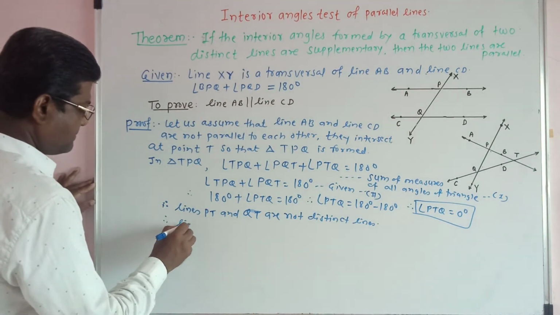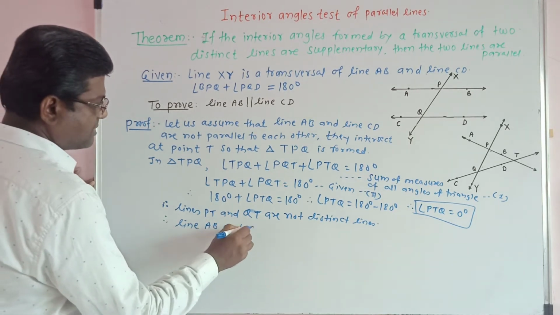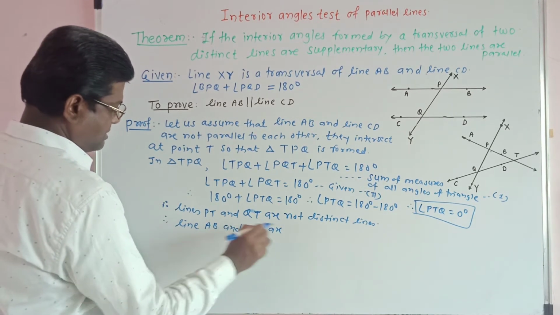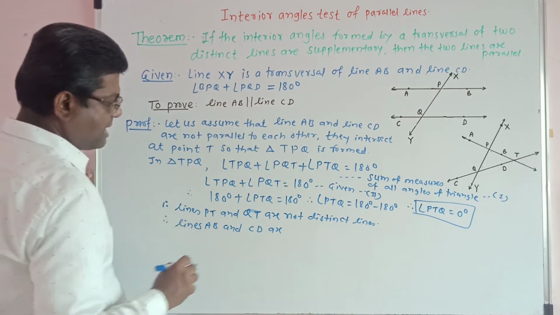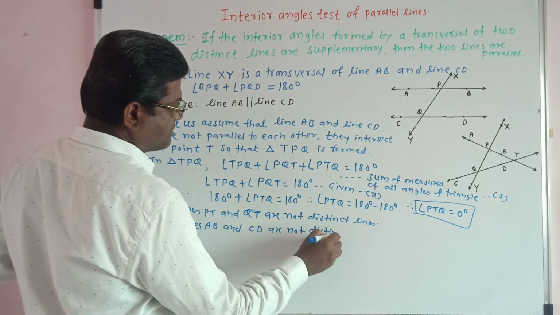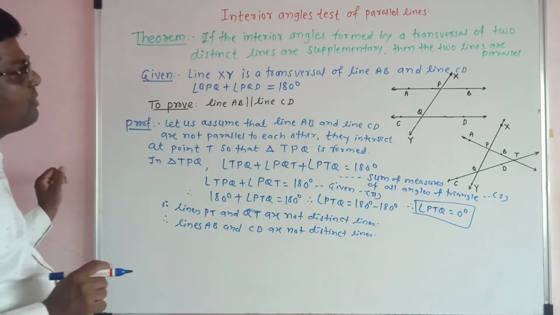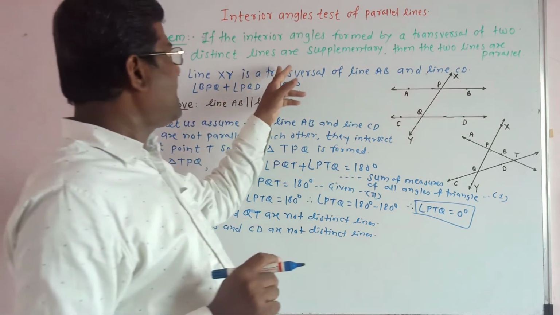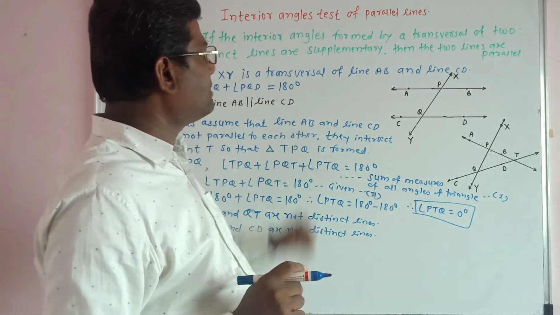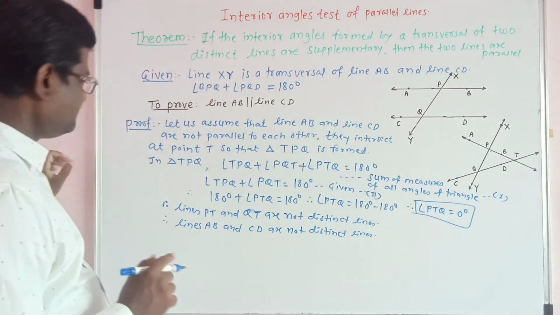Therefore lines AB and CD are not distinct lines, but we have been given that the lines are distinct lines,